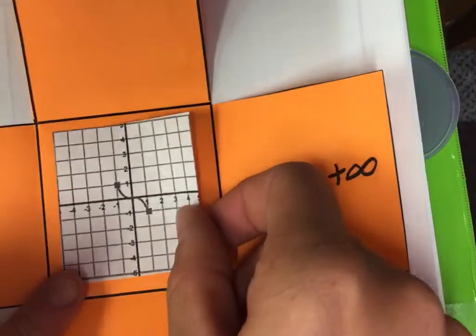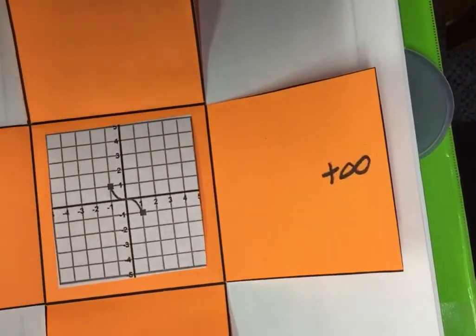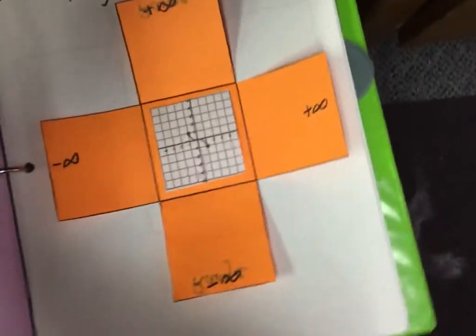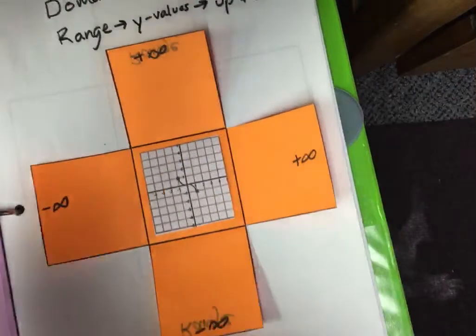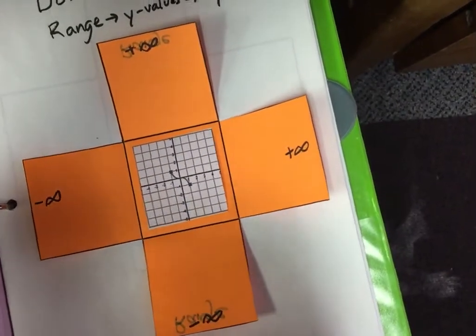So what I'm going to do is put a graph in there. So I'll do that example I had just a second ago. And you're just going to put it inside your foldable. Let me adjust my camera here. There we go. Okay, so what we're going to try is